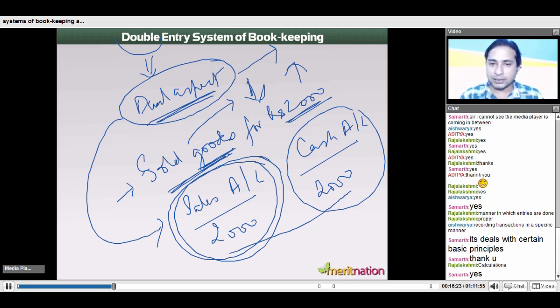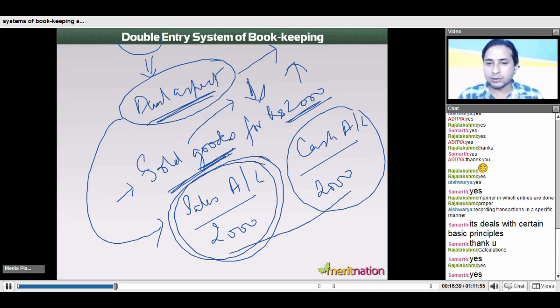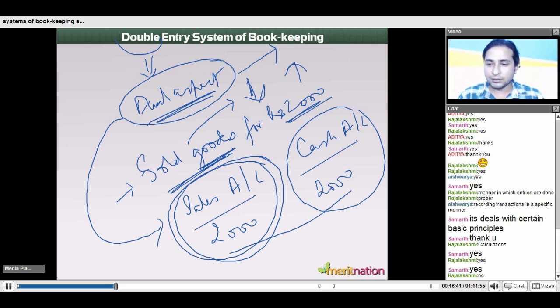Anyone who is not getting this point? Look, we have sold the goods. So obviously, goods are going from us, and we are receiving cash. So the balance of cash will increase, isn't it? Anyone who wants to challenge me? No, you are wrong. Anyone? Fine. So in this case, we have basically the indirect relationship here. One is falling and another one is rising.